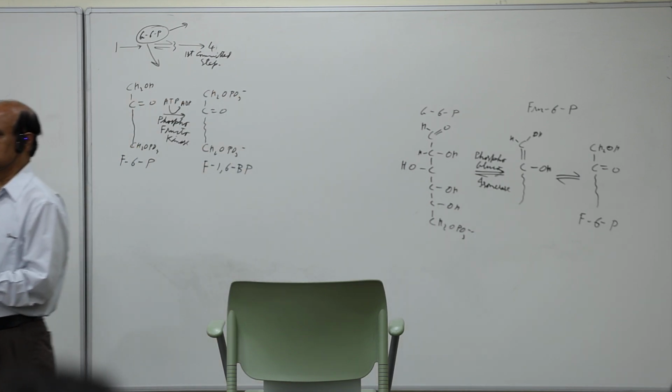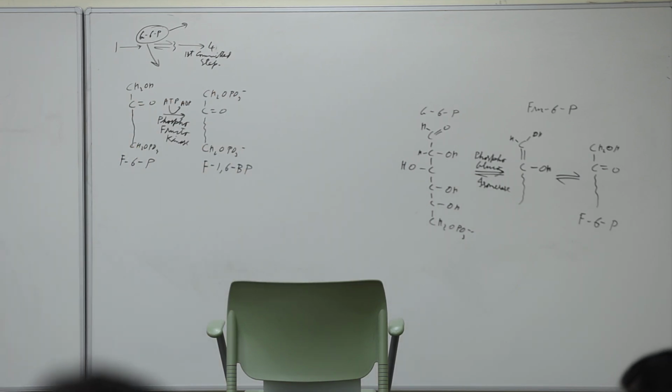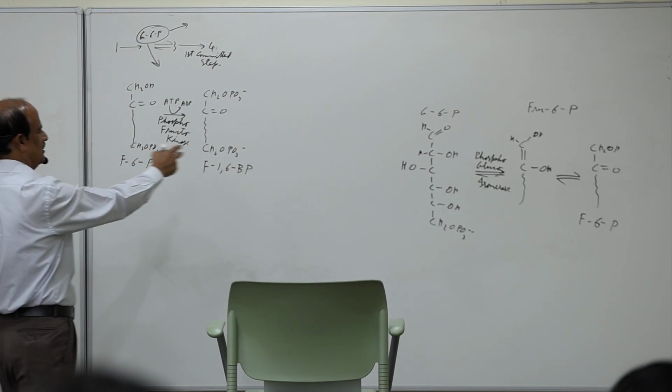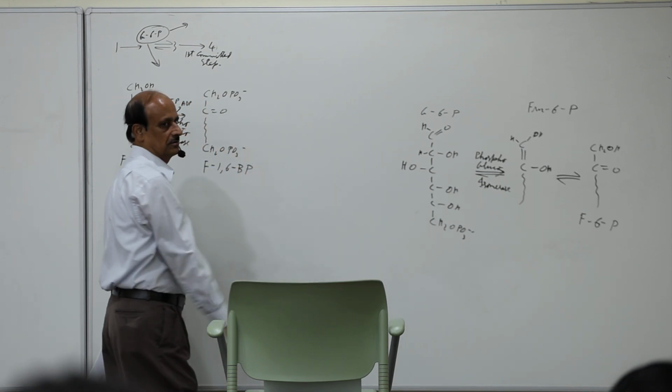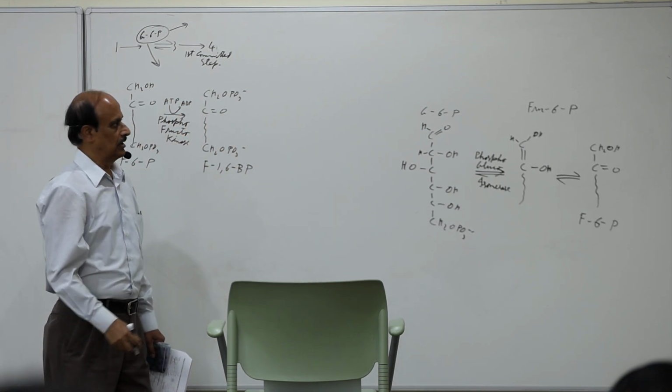All right, so the question is, why did glucose convert to fructose, and why are you putting another phosphate on it? So instead of making energy, we are actually investing energy into the pathway. Remember, the whole function of a pathway is to give you energy, give you ATP. But till now, we have already invested 2 ATPs in the first step and in the third step. So up to the steps